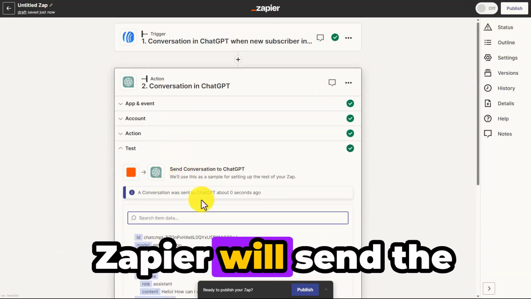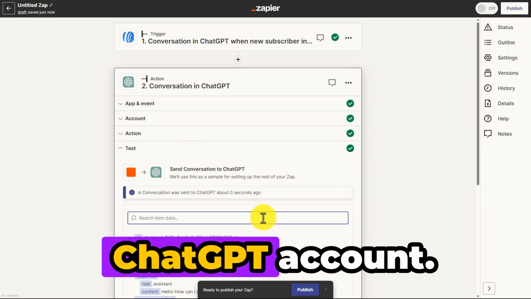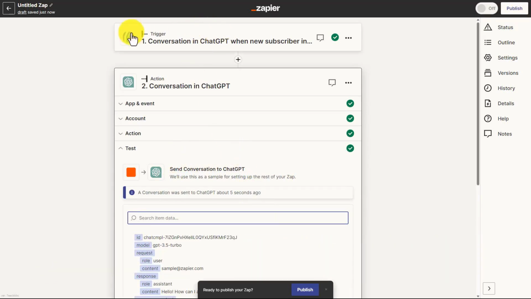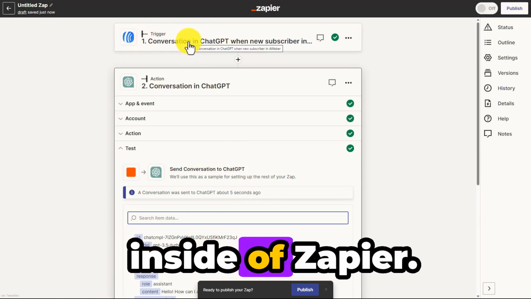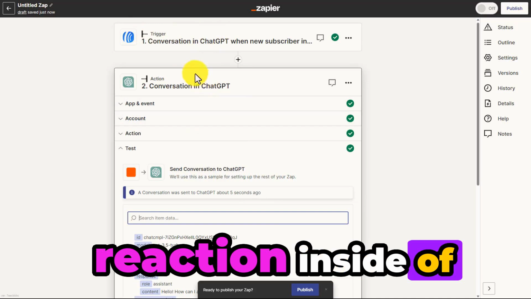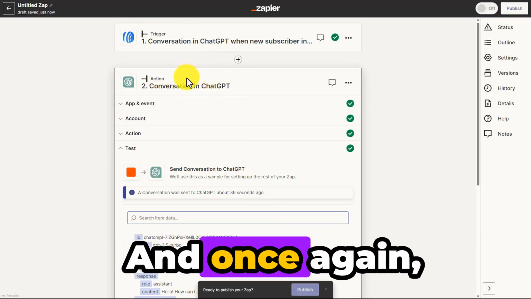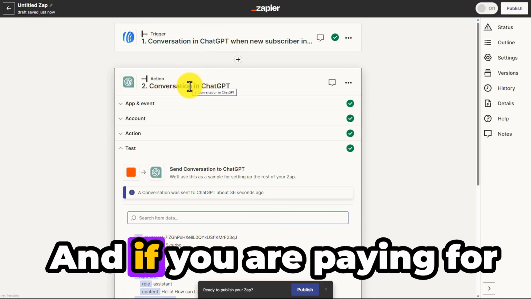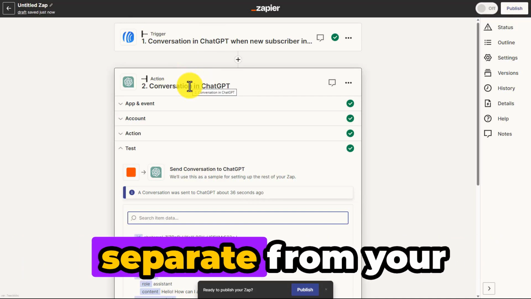And Zapier will send the conversation to your ChatGPT account. You can determine what your trigger is going to be. You're going to have that be the trigger inside of Zapier. You will then set off the reaction inside of your OpenAI account. And once again, your OpenAI account is going to be separate from ChatGPT, and if you are paying for it, you will be paying for it separate from your